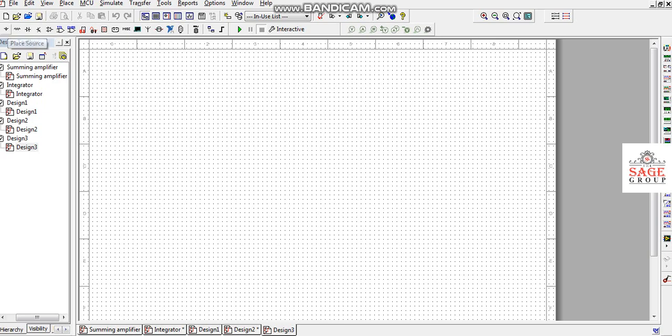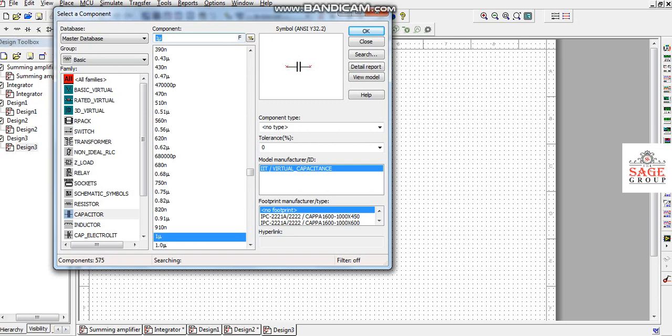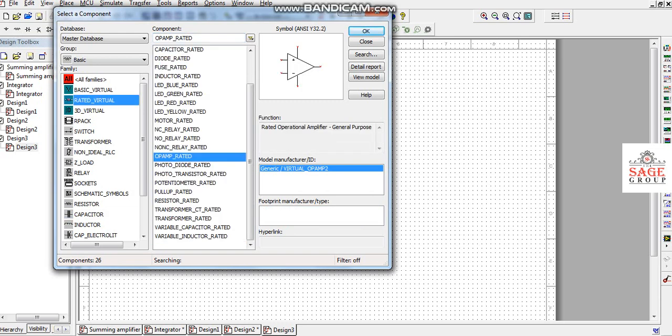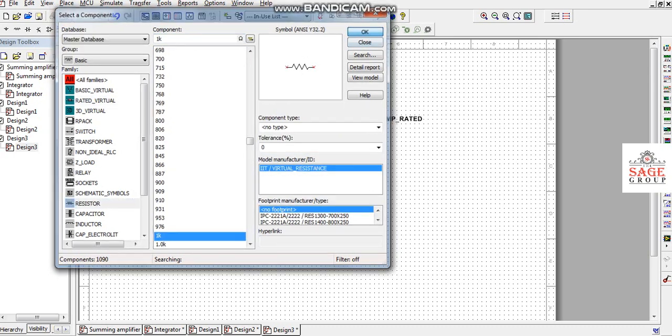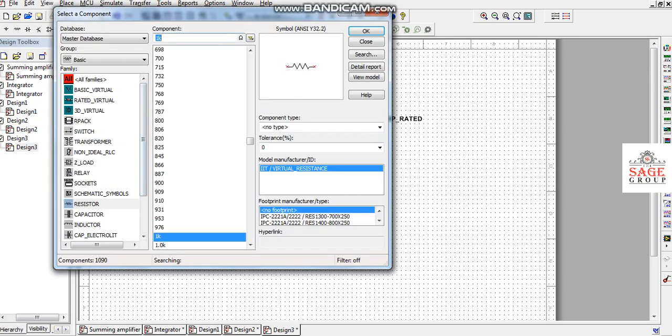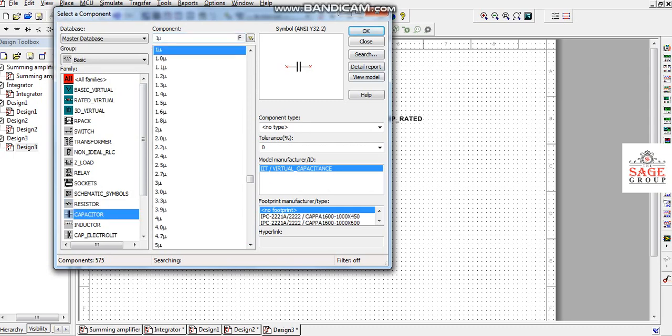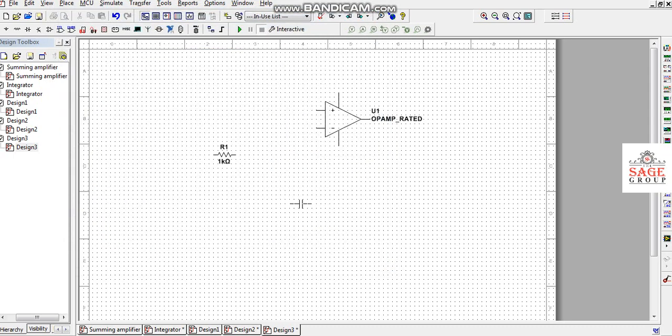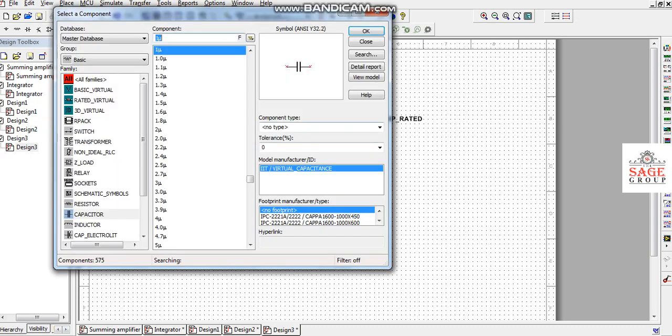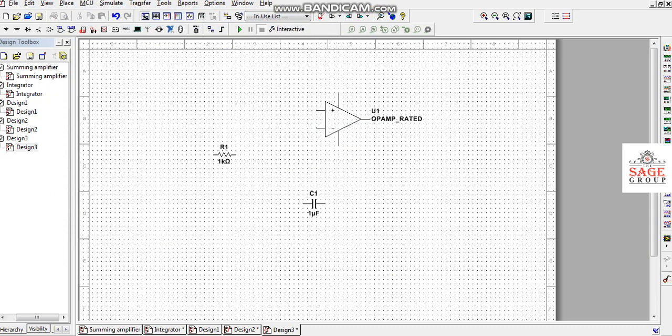First we will place the operational amplifier. From the virtual rated components, I will place the op amp in this way. Then I will place a resistor and a capacitor, to connect this capacitor in the feedback circuit.